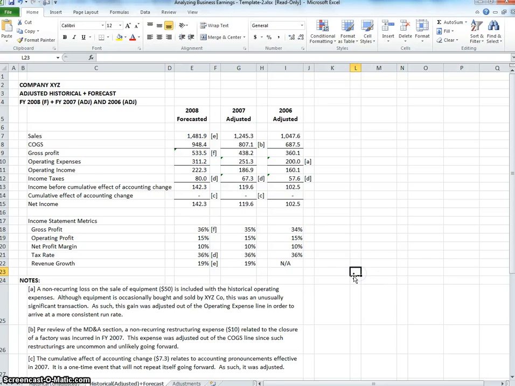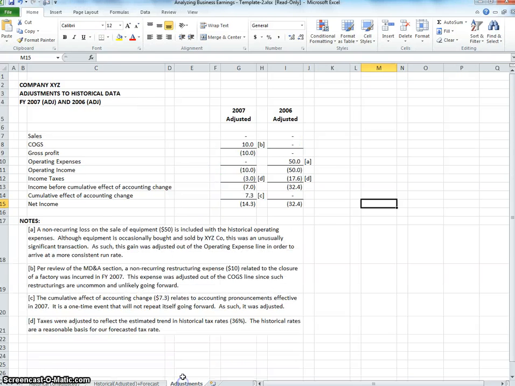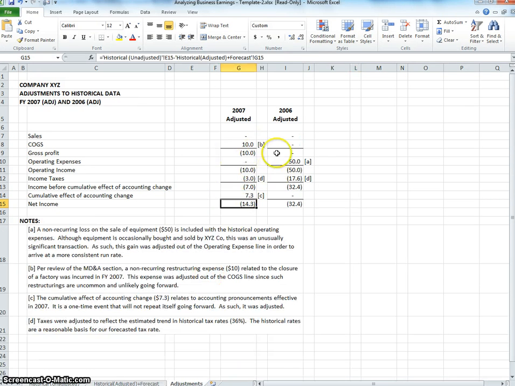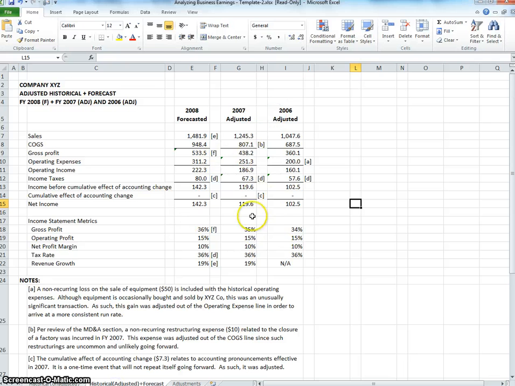And lastly, I chose to format this sheet in what I thought was a very simple way, but I isolated all the adjustments on the last page just by calculating the difference. So basically, these notes are the same as the previous page. But when I was mocking up this example, this was a reasonable and simple way for me to just isolate: here's the actual dollar amount of the adjustments, and here's how the financials look adjusted and forecasted. So if you decide to use this sort of format,